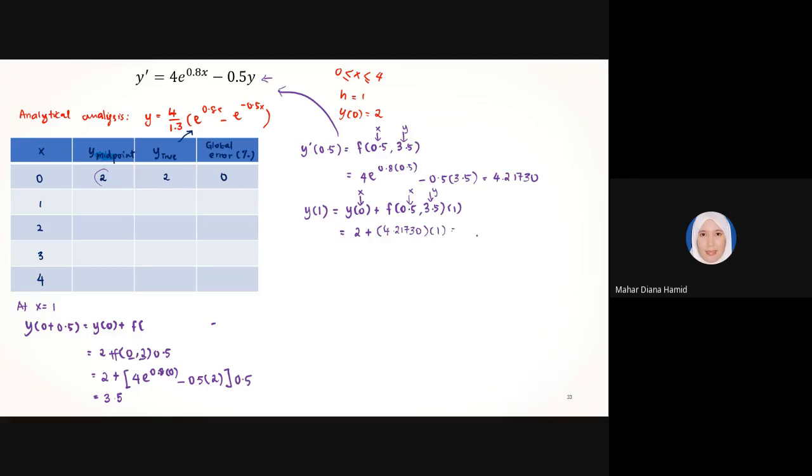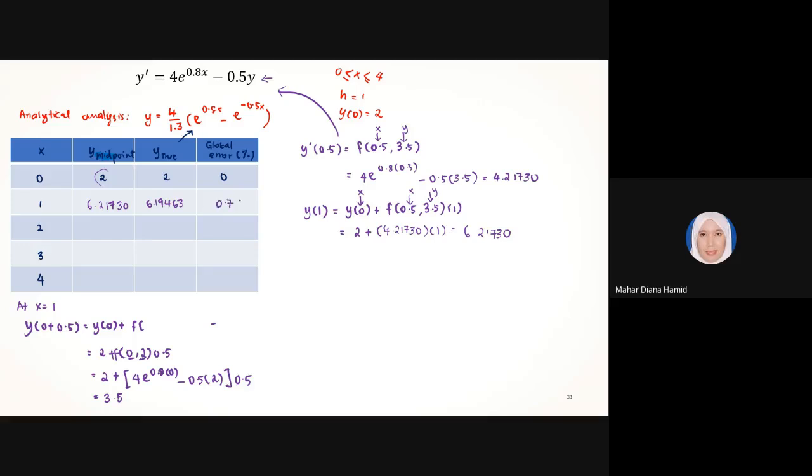And you will get 6.21730. So this would be 6.21730. And y true, if we try to substitute 1 into this analytical analysis, we will get 6.19463. And if we try to calculate the global error, we will get